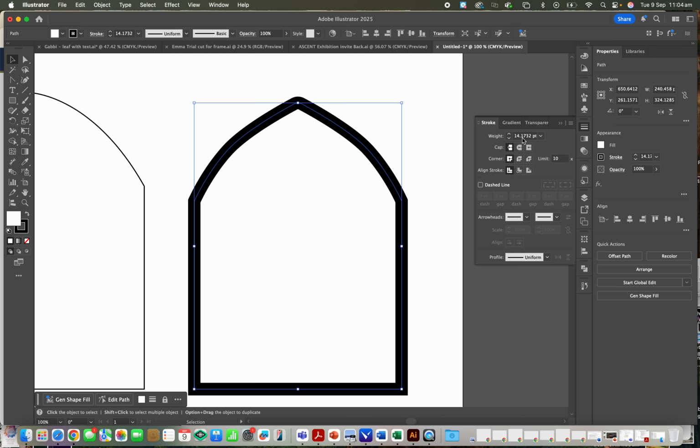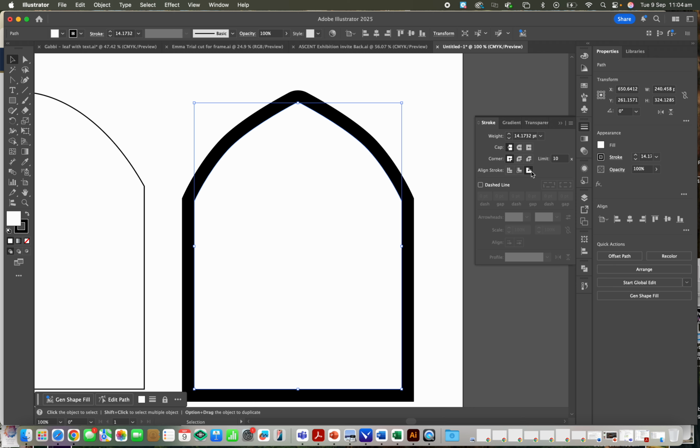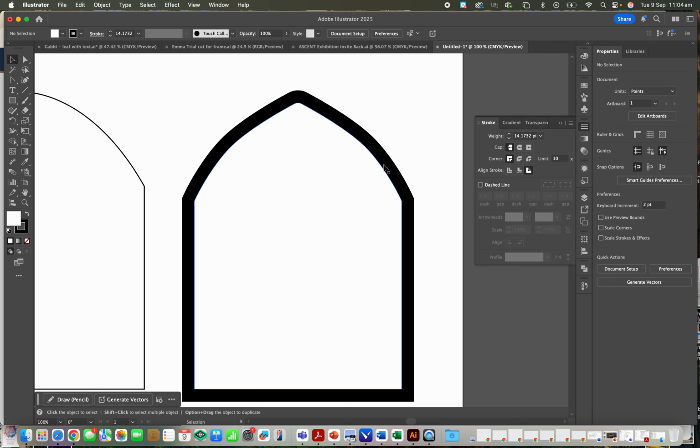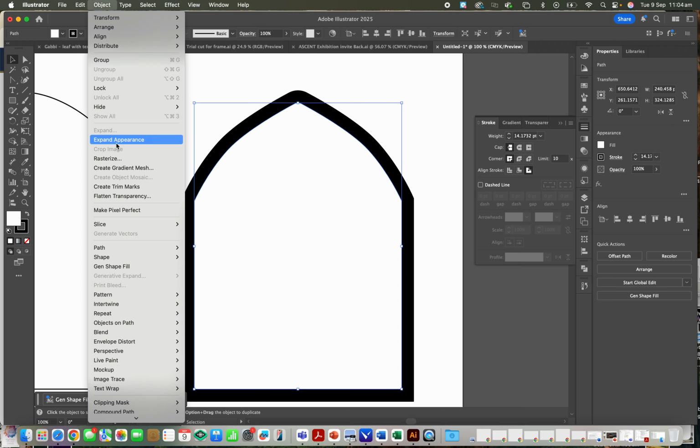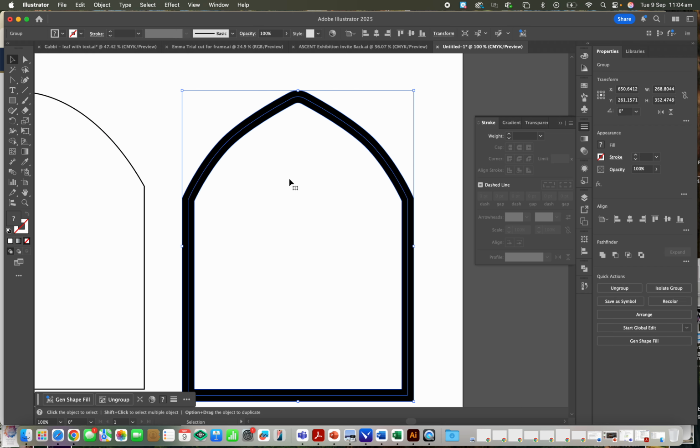5 millimeters. So now if we want that to be on the outside of the line, we can choose the stroke to be on the outside. Now here it's perfectly equal all the way around. Once that's done, this is still a shape and a stroke. We want to make this into a shape. So go to Object, Expand Appearance,